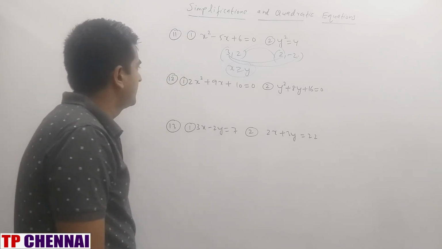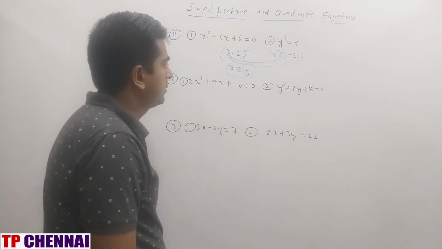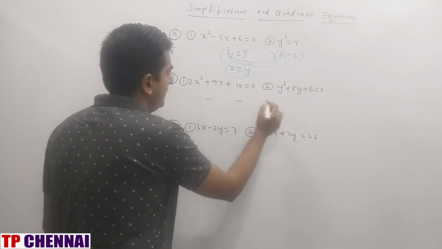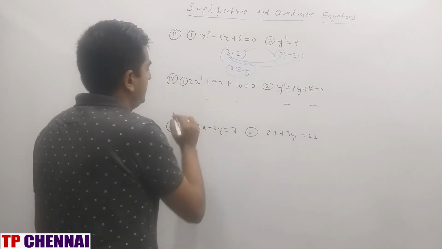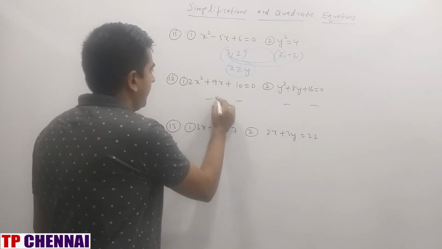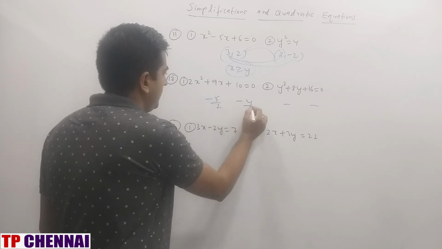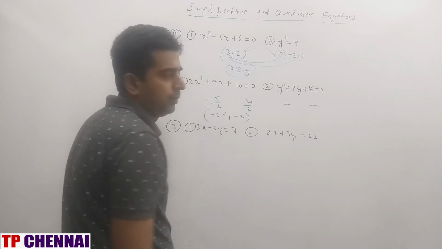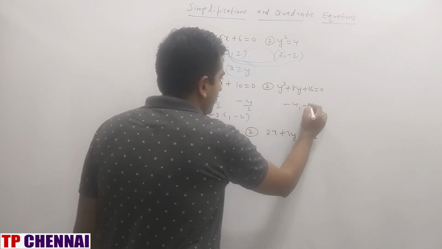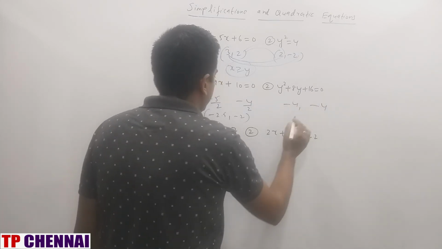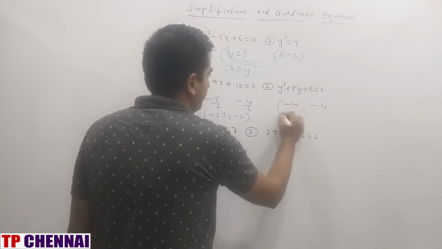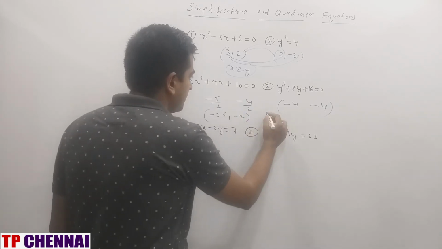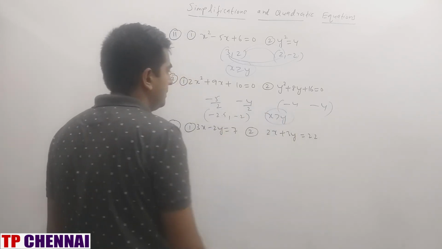Next one, 2x square plus 9x plus 10 is equal to 0, y square plus 8y plus 16 is equal to 0. So signs are positive positive, next will be negative negative. Here also negative negative will be there. So this is 20 you should get, so 5 and 4. Divide by 2, this is minus 2.5, this is minus 2. Here this is 16, so 4 and 4, so minus 4, comma, this is minus 4. Right, so again, compare. Minus 2.5, minus 4, x greater. So x greater than y is my answer.